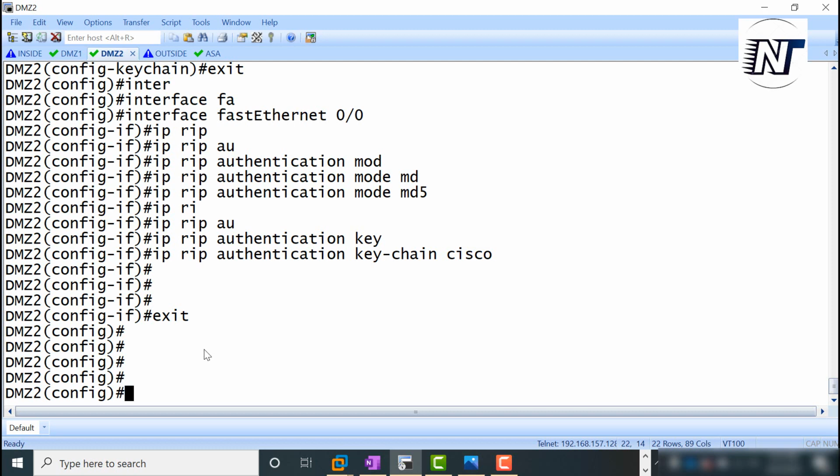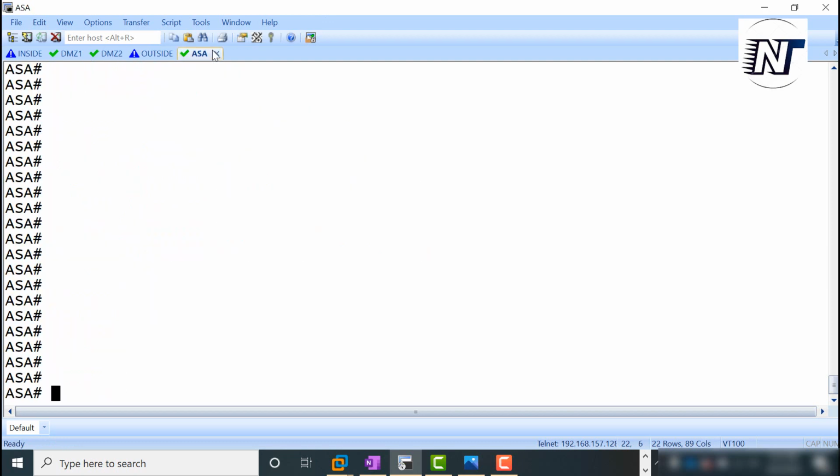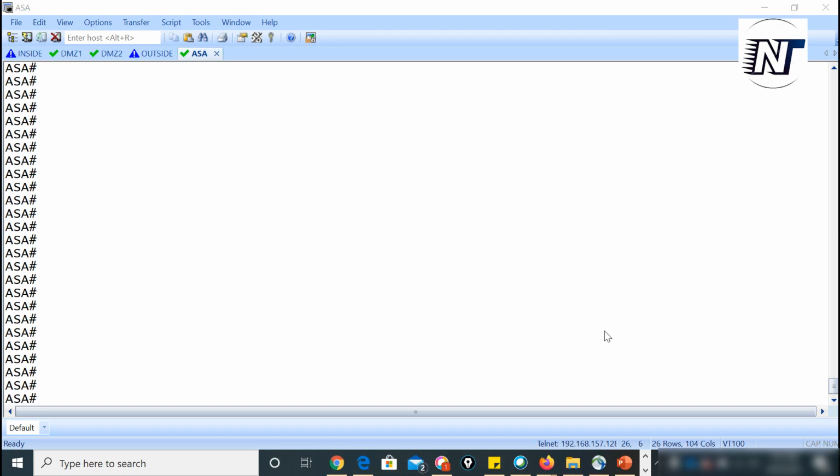Next, how do I apply it on the ASA firewall? Let's go to the ASA firewall. Yes, it's a little bit different on ASA. There is no key chain concept. What we do is apply the key ID and the key string parameter under the interface directly.